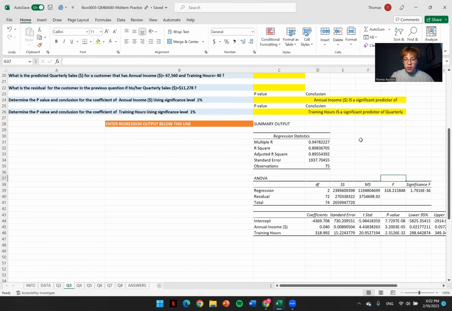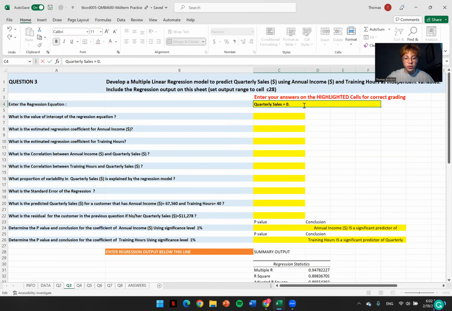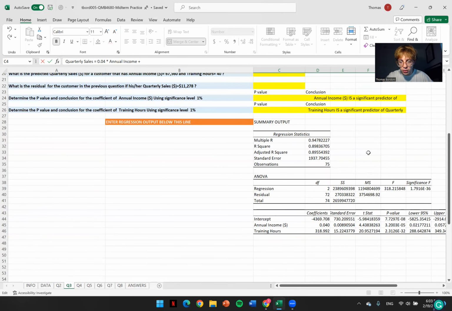There we go. And it would be 0.04 times annual income plus the value for training hours, which is